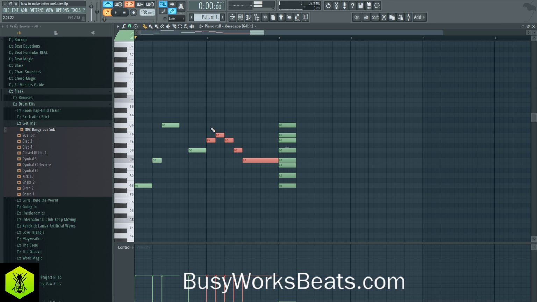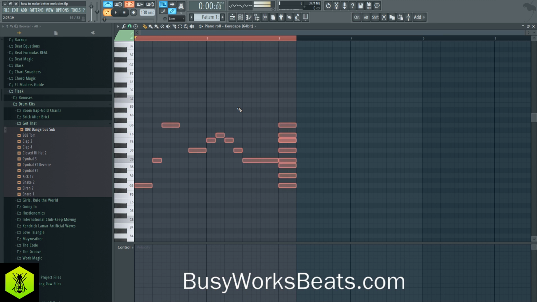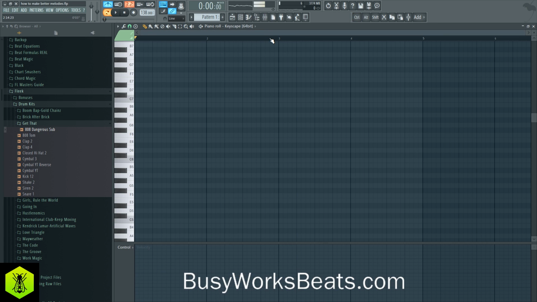Staying within 1 octave is going to help you keep that gap tight. Because again, when you're writing melodies, you don't want to jump 1,000 semitones because the listener is not going to expect that melody. You want them to be able to follow along smoothly with your melody as if it's a string that you're following along through a song. You don't want that string to have gaps in it. You want to keep it steady and flowing. So that's the first step. Close those gaps. Got too much space between your notes.